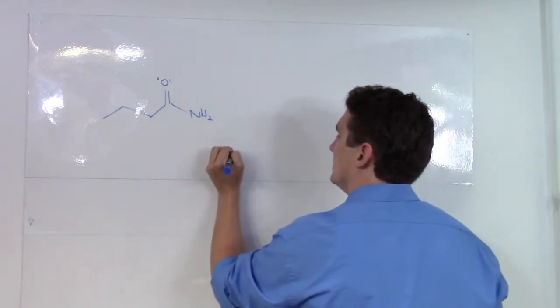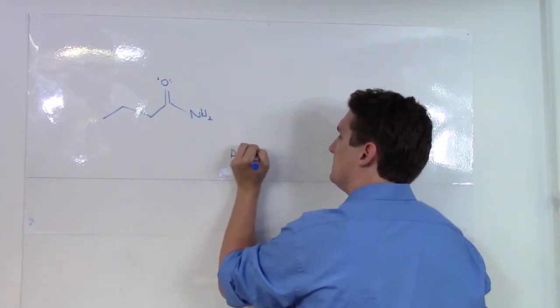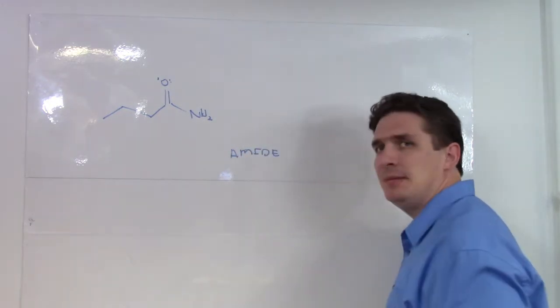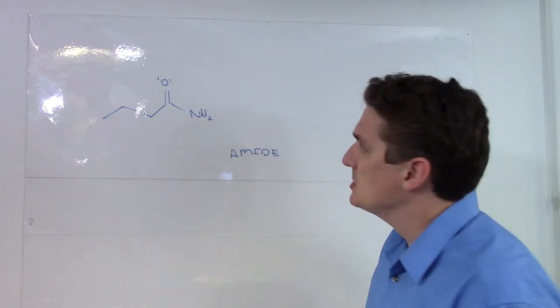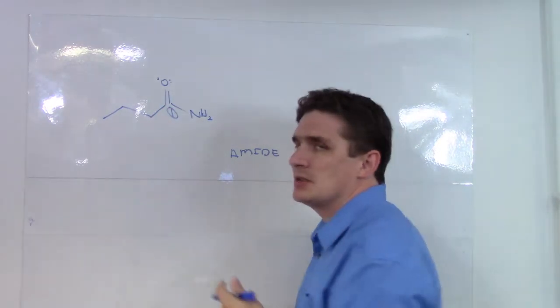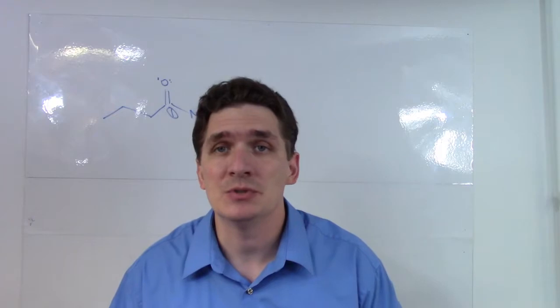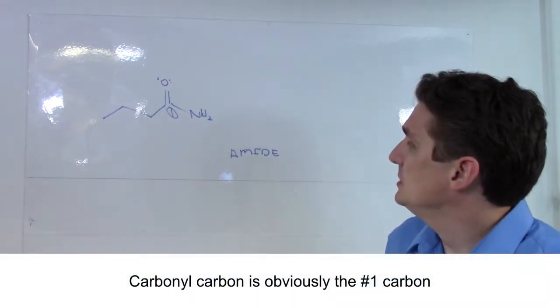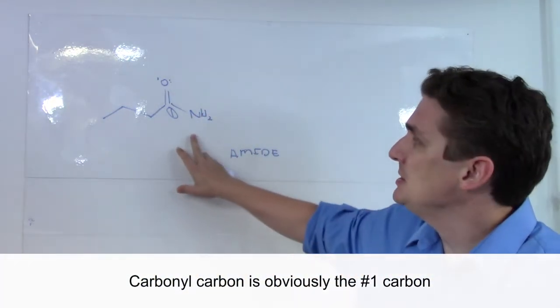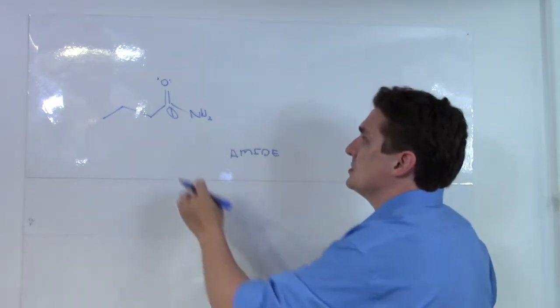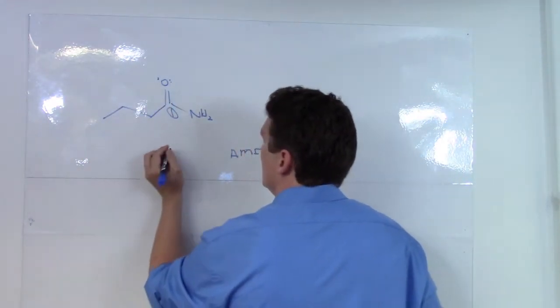A-M-I-D. And to name these, we're going to take two considerations. First of all, as always, this carbonyl is going to be the number one carbon because it plays the major role in the chemistry that's going on. So to name this type of amide, we just need to count the number of carbons in the chain. So 1, 2, 3, 4. This will be